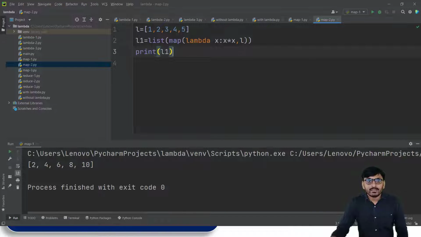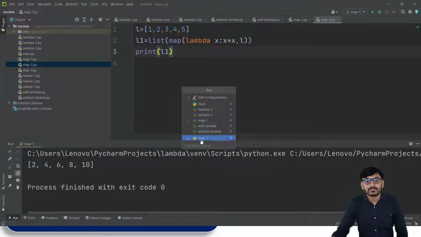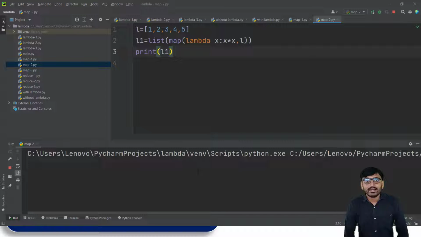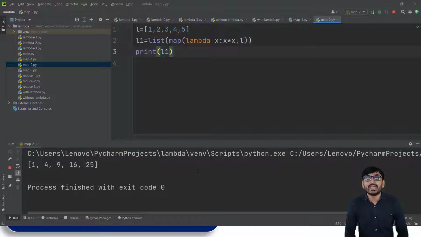So L, then L1, and print L1. So if we run this program, then L1 output is 1, 4, 9, 16, and 25. It means it is the square of every element of L, because L contains 1, 2, 3, 4, 5. So it's the square: 1 into 1, 2 into 2, 3 into 3, 4 into 4,